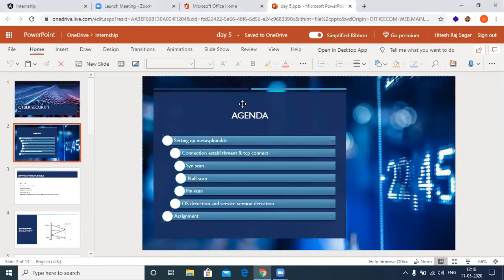So today we are going to start with, as I told you in the last class, my Metasploitable was not downloaded yet, but I've downloaded it right now. So let me walk you through the setup of Metasploitable. And after that, we're going to look at the different types of scans in Nmap today. Naming a few, that will be a TCP full connect scan, a SYN scan, null and fin. And we're going to look at different detections present in your Nmap scan, including OS detection, version detection, and some other common options.